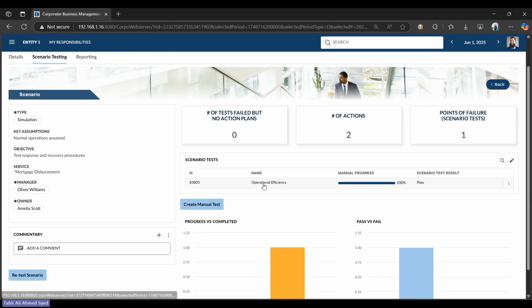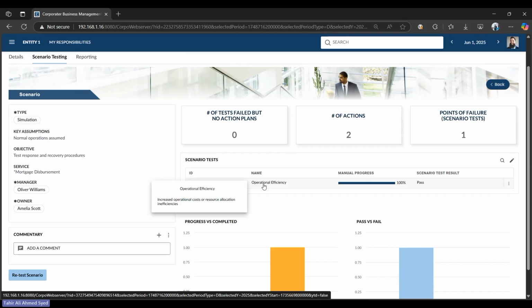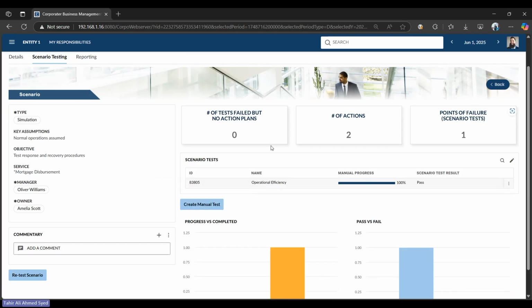And each of these can be acted upon, tested against a particular impact, to see how many of these scenarios fail. It gives you a good overview of how flexible you are to meet the resiliency index for a particular service, right? And these scenarios can be manual or they can also be automated using our flexible ETL platform.